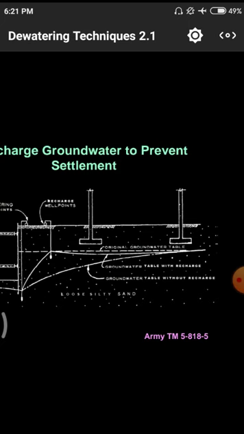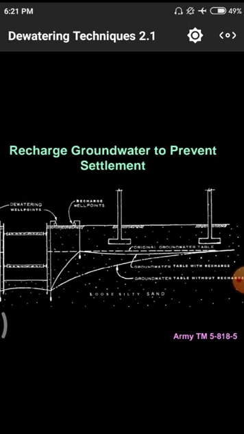Normally these are observed in dams and others. Why? Because those dams are closely associated with water structures. Normally our buildings do not have plenty of water. Why? Because we construct structures on water-free grounds, so we do not have to use these techniques. Whenever we are constructing dams and others, wherever there is a huge quantity